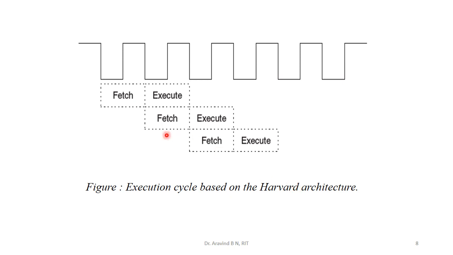So overall we can say that there is a pipelining concept or the parallel concept which is not going to waste any cycle. The ALU is also busy, and the bus, that is the program bus, is also busy. That's why Harvard architecture execution is faster when compared to the von Neumann architecture.